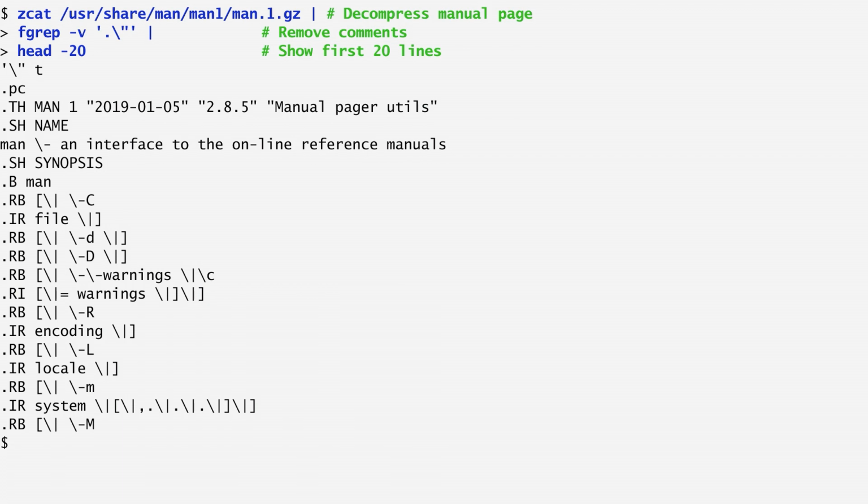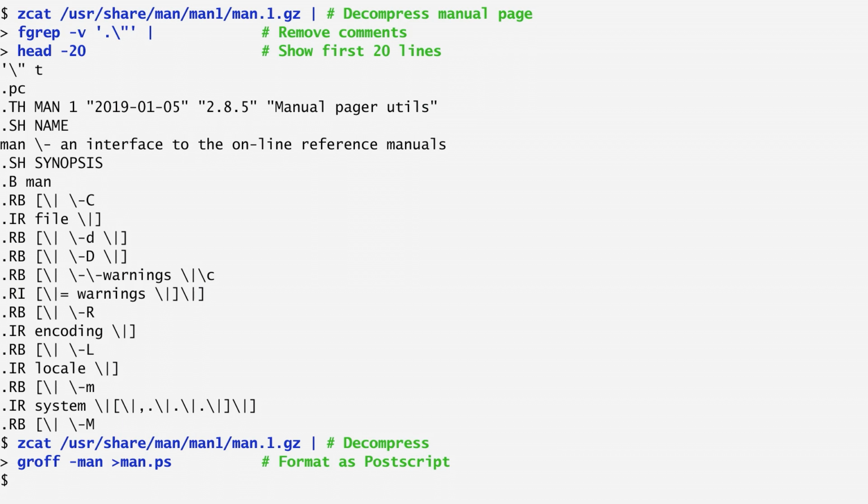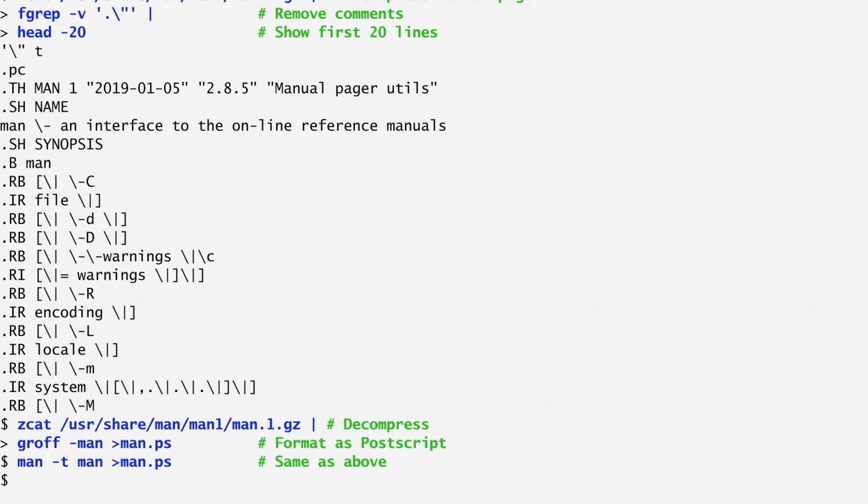To typeset this document, after decompressing it, I pipe it to an open-source version of troff called groff. I specify as an argument the macros used in the file's formatting, which in this case are the man macros. Finally, I save the output in a PostScript format file, which many printers and typesetters can process. Alternatively, we can run the man command specifying the -t option, which similarly formats the output using troff. If we want to obtain the output in the more modern PDF format, we can do this with the command ps2pdf.